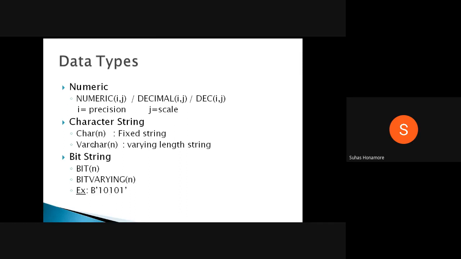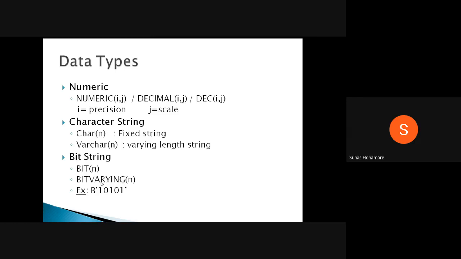For a character string in single quotes, you can directly give the value. For example, while executing the table we created, we inserted some values. For name also, we inserted ABC or PQR directly in single quotes. The same thing applies if I have given the data type as a bit string, that is, bit varying.